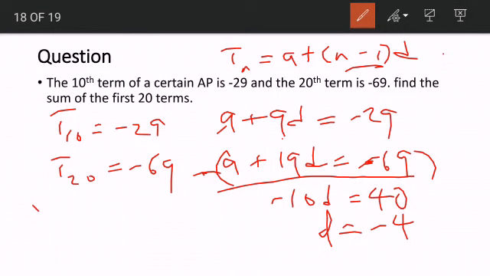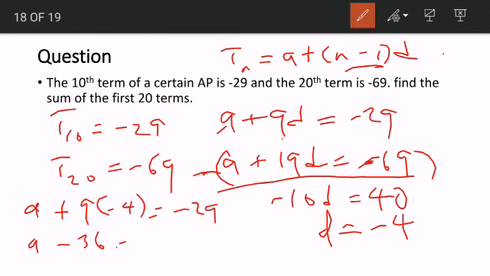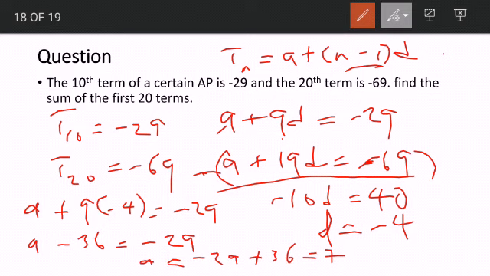Now we can find the a using any of the equations. If we use equation 1, we are going to get a plus 9 times your d, which is minus 4, equal to minus 29. So that will be a minus 36 equal to minus 29. So that means your a now is equal to minus 29 plus 36, which is equal to 7. So the first term is 7, and the common difference is minus 4. So it's easy now to find